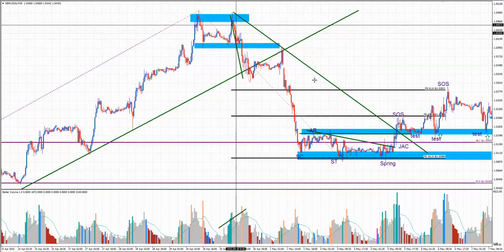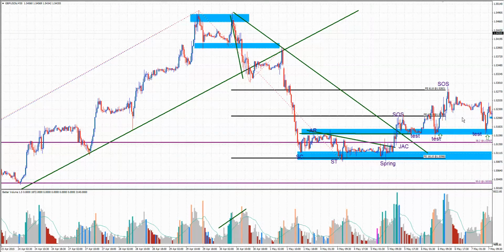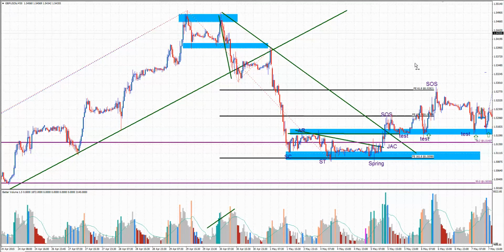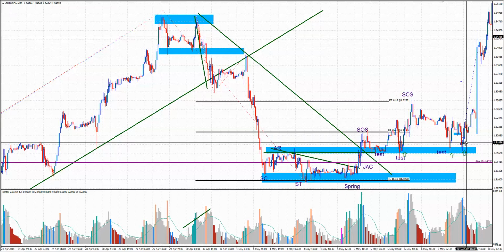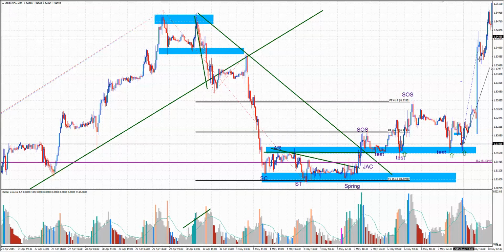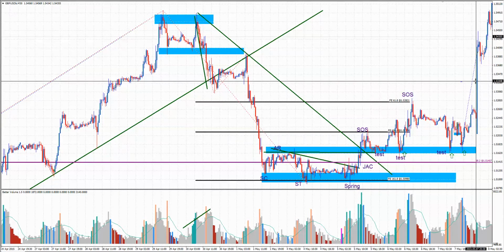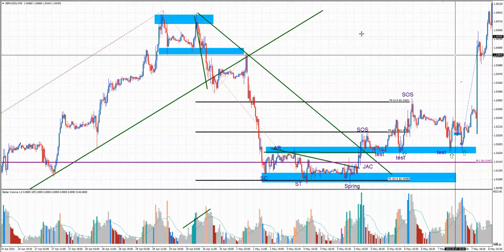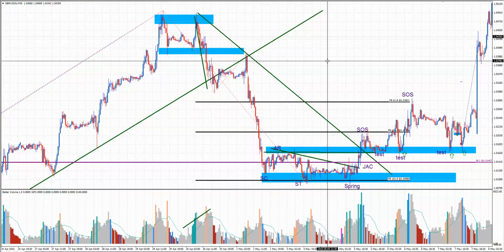So conditions are met here for potentially higher prices, and as you can see, my entry at this stage was exactly at this price here, and price went from that point about 220 pips. So I took the 1.4 risk reward ratio potential, and this is the beauty of trading with volume analysis